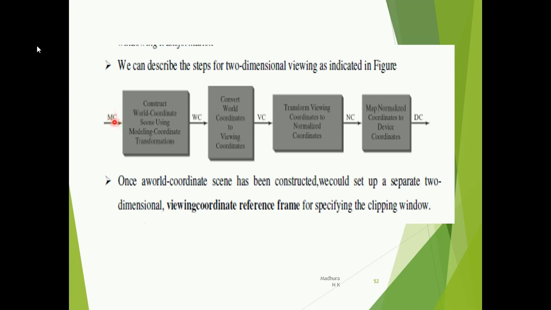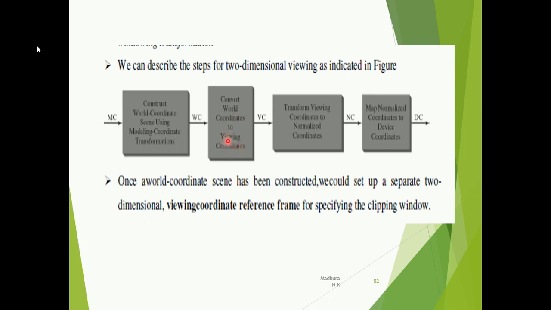Then you construct the world coordinate scene using the modeling coordinate transformations. After this step you have world coordinates. You give the world coordinates as an input to the next transformation function, where you convert world coordinates to viewing coordinates.